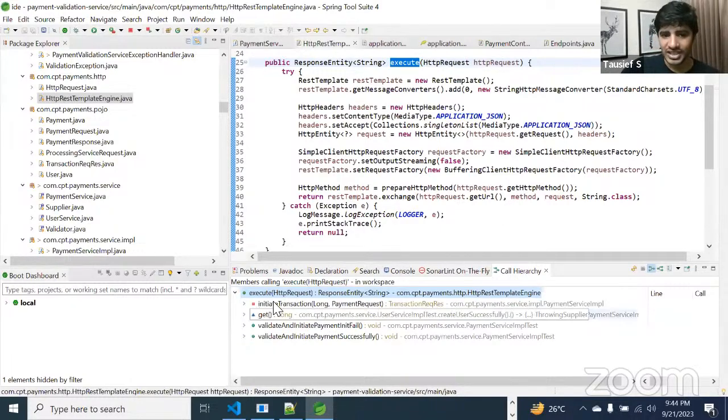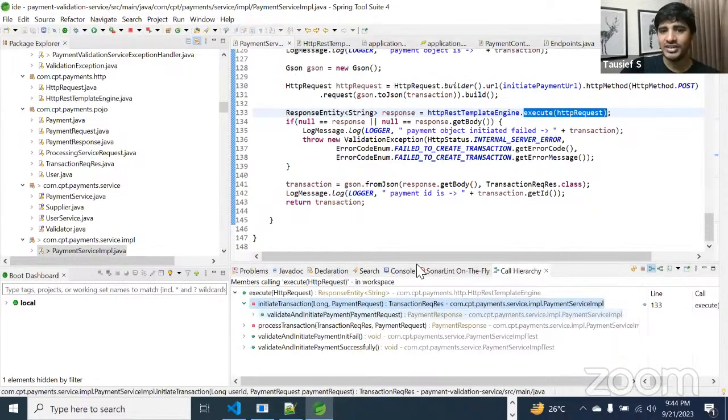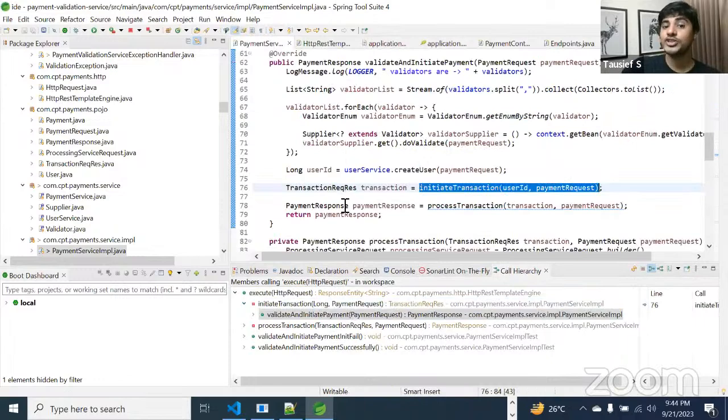What we called this method, initiate transaction, called that. Where was this method called from? It was called from this validate method. Abhi next process hone wala hai. Now you need to then meanwhile see what is this initiate